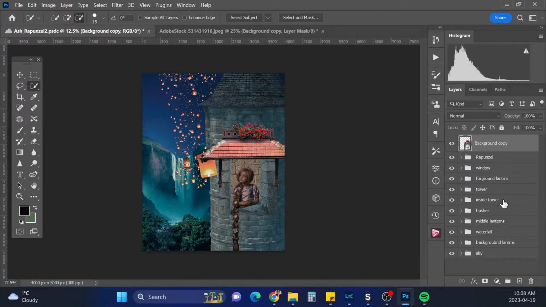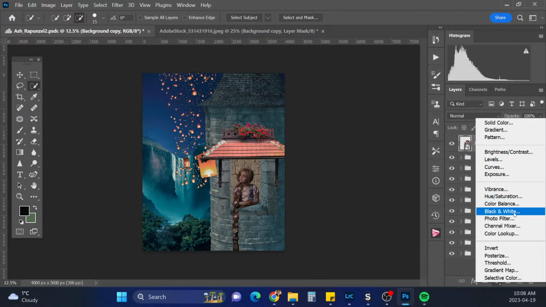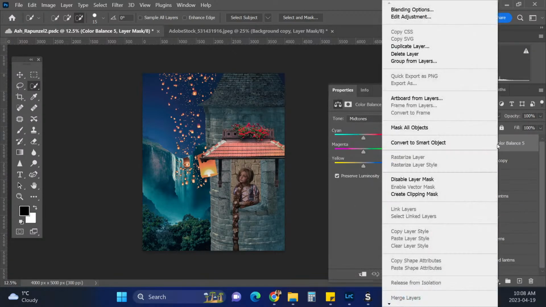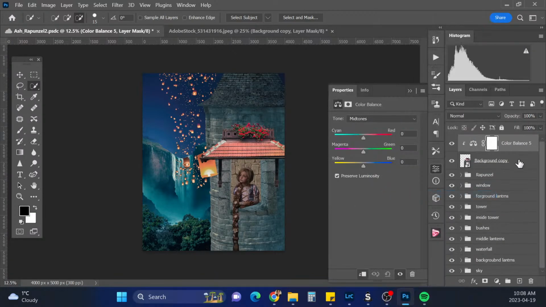And we will add a color balance on this and just right click and clip it to the layer. We need a lot of cyan in there and a lot of blue. A little bit of green.